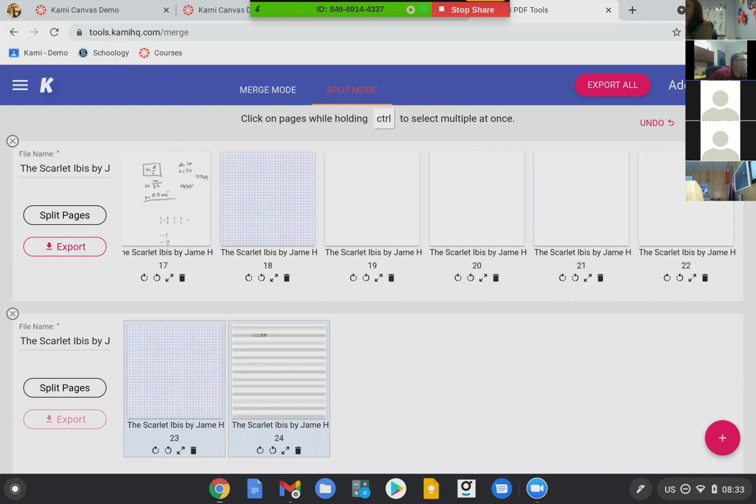Now, this will never affect the original file that you start with. If you, say, accidentally delete a page in this interface, don't worry. You can always refer back to that original file and its location to retrieve that. When you export these changes, you'll then have 2 copies of the files. In this case, one will be the answer key, and one will be the assignment resource minus those 2 pages. So it's really good if you want to break up a textbook and take individual exercises